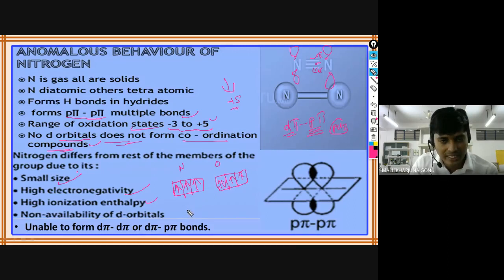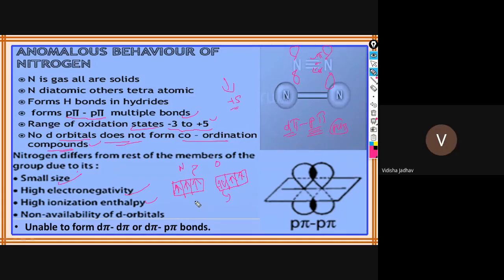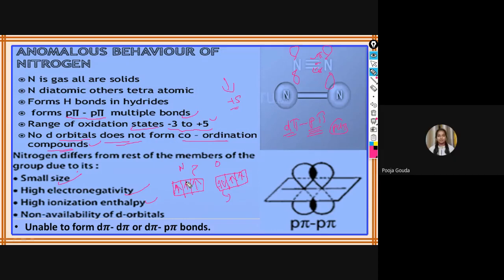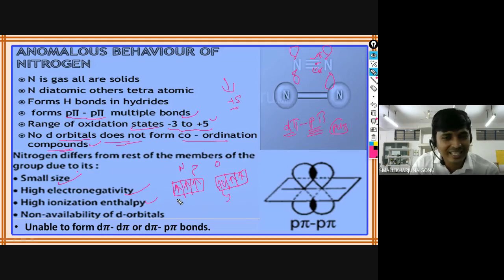This I have already discussed in previous classes. You are saying we have watched the video, but still, Vidisha, do you know what could be the reason why it has more energy? To remove this electron, we require more energy compared to removing this electron. Vidisha, do you know or not? Because, sir, the ionization enthalpy decreases down the group. Why? I am asking the reason. I am not asking about down the group, this is across the period. So paired electrons are... Yes, Pooja, tell me. Paired electrons are... Very good, Pooja. So that is the reason. If you had seen the video very well, I have explained that one.